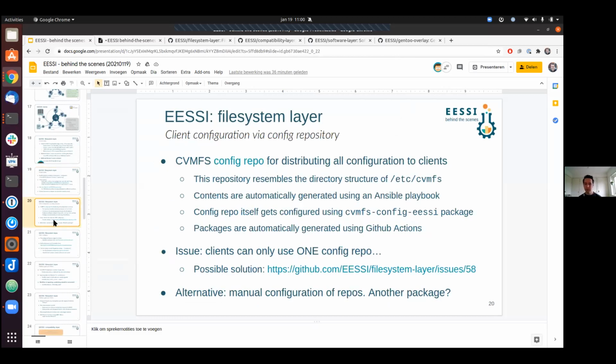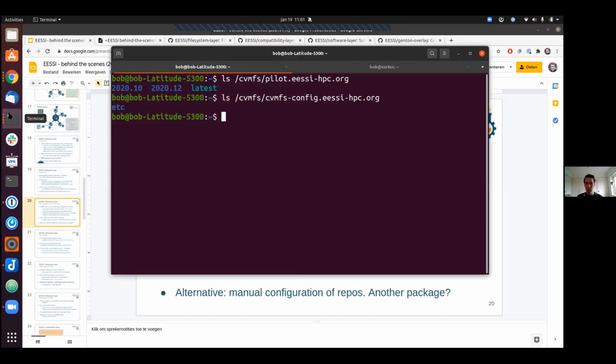Something more about the configuration of clients. What we use is a so-called CVMFS configuration repository, which is a repository of itself, and that only holds configuration files for clients. So I can show you how that works. Usually you put all your CVMFS configuration on your host machine in /etc/cvmfs. Then you have to add files to, for instance, this config.d folder for whatever repository you want to add to your machine. You have to put the public keys in the keys directory, and then you should be able to mount the repository. You also have to do that for our repository, but you only have to do that